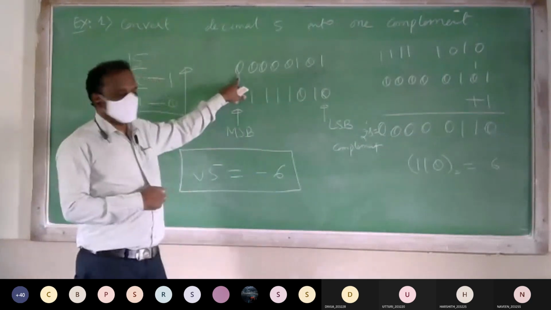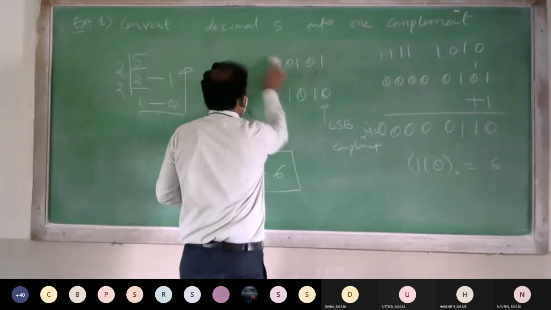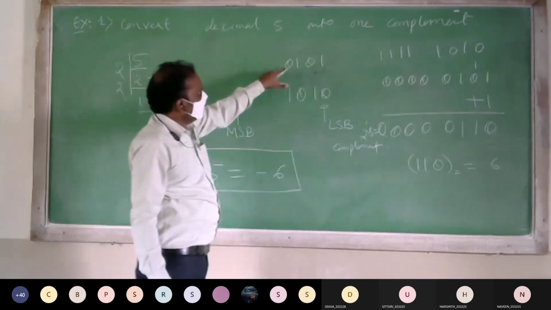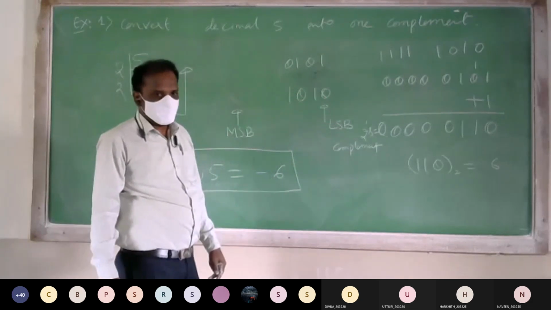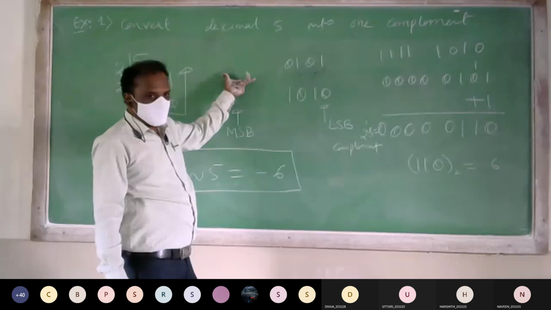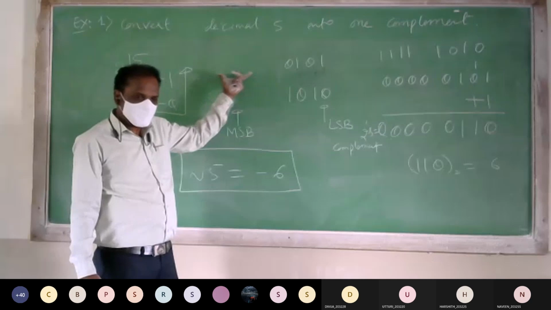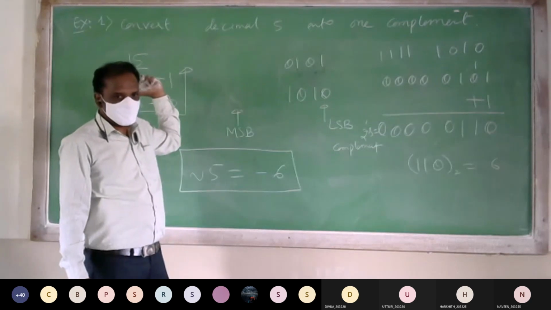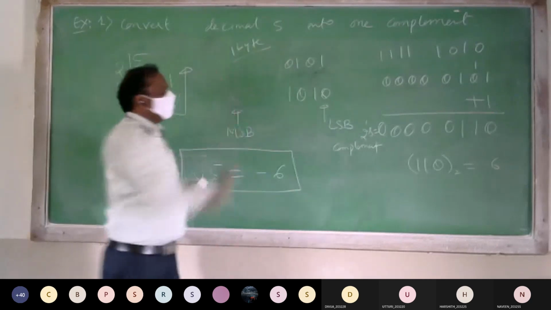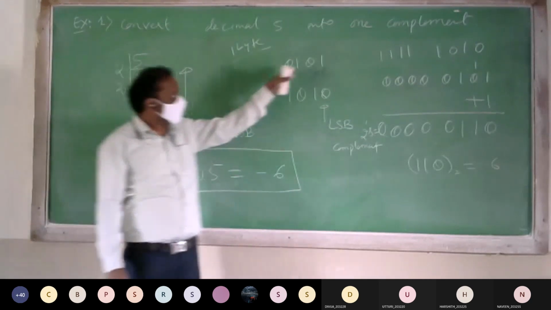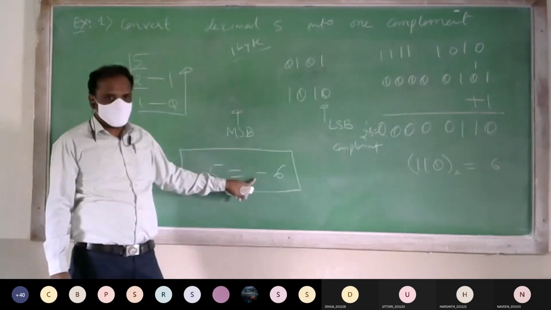How many bits do you have to take? You have to take 8, 16, like that. If you have taken only 4, like I will erase this one, now 0101 is converted into 1010. Since this is 1, same process. Why we take 8 bits: if the number is large, then we have to take 8 bits. If the number is much larger than 8 bits, then we have to consider 16 bits. Since 8 bits is called 1 byte, usually we will take 8 bits. If you solve this problem, since this is a smaller number, here also we will get minus 6 only.